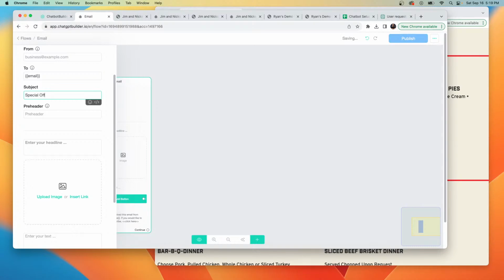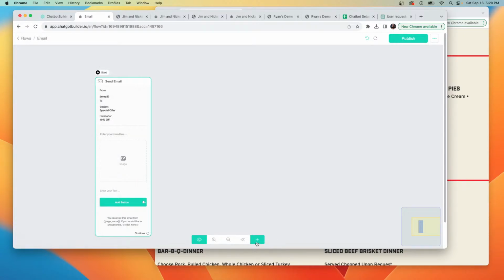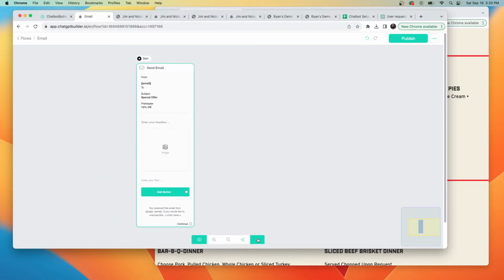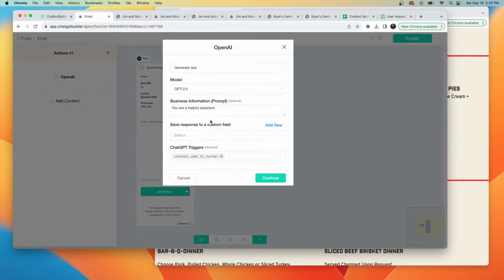special offer. And then we could say, 10% off. And we could say, here's what we're going to do. This would be even better. This would be the fun part, the AI part, the reason you're here. What we could do is we could say action, OpenAI, and we are going to say,